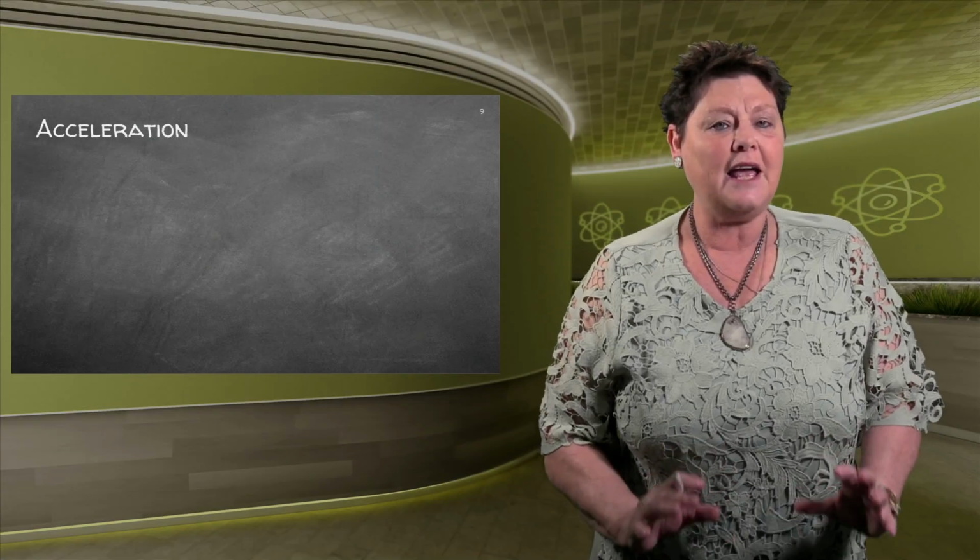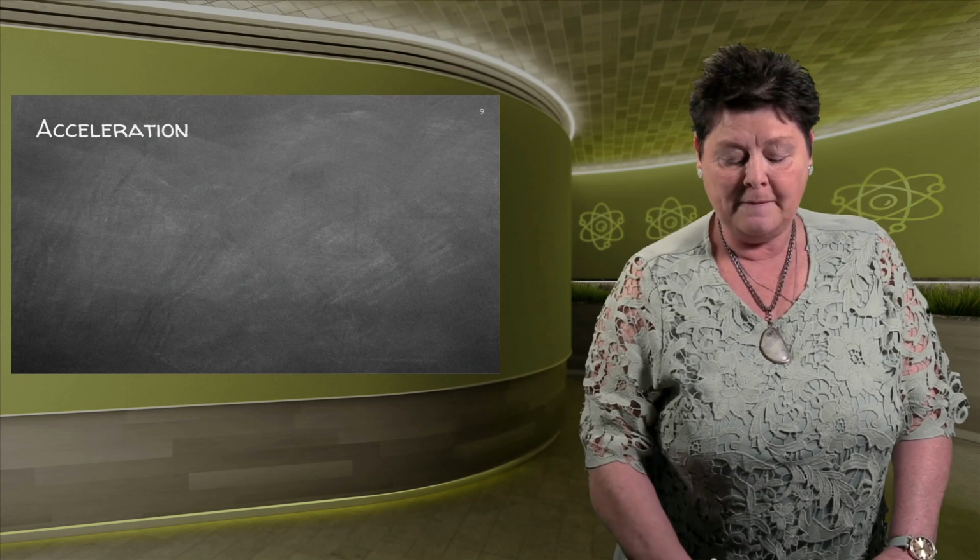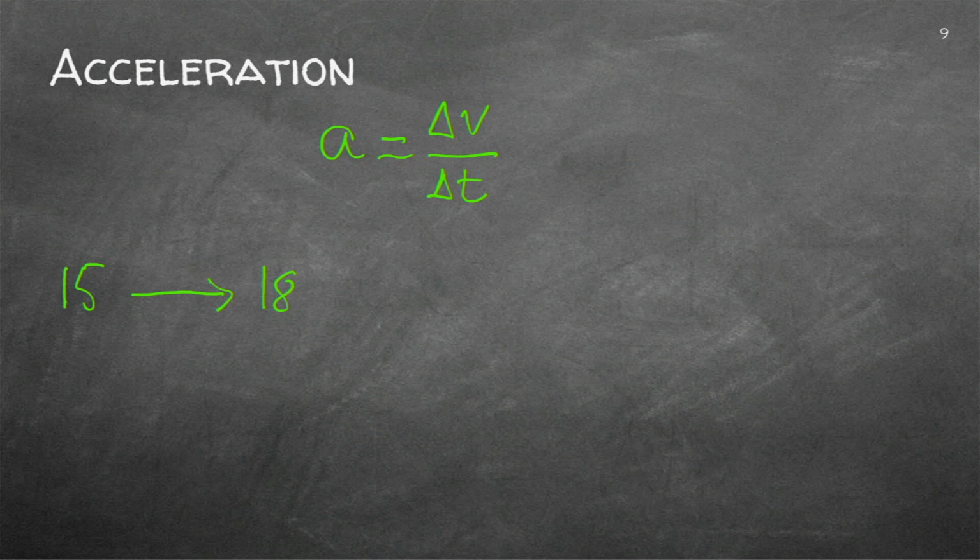Let's carry on and do that same equation in terms of going faster and slower. So I've got A equals delta V over delta T. Let's say it started with 15 and it ended at 18. I can clearly see I've got a final which is greater than the initial. That's the one I just did. What happens if this starts with 15?